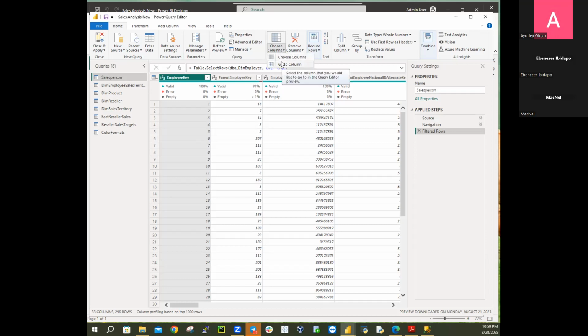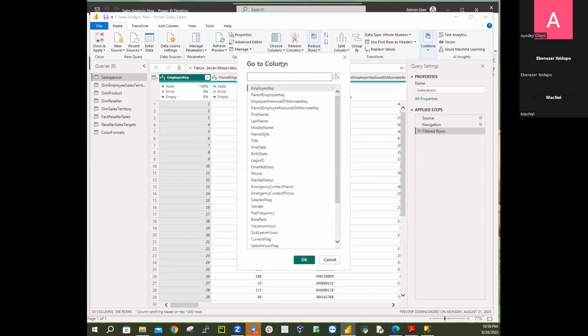This time around, say click on go to column. Go to column. So it's going to bring up a menu like this. I want to select a salesperson flag. Salesperson flag. You may have a long field name. For you to start searching one by one, you may have a problem. Quick thing you are going to do, look at beside this thing there is AZ filter there. Remember this is a filter in your Excel. Do you remember? Click on it